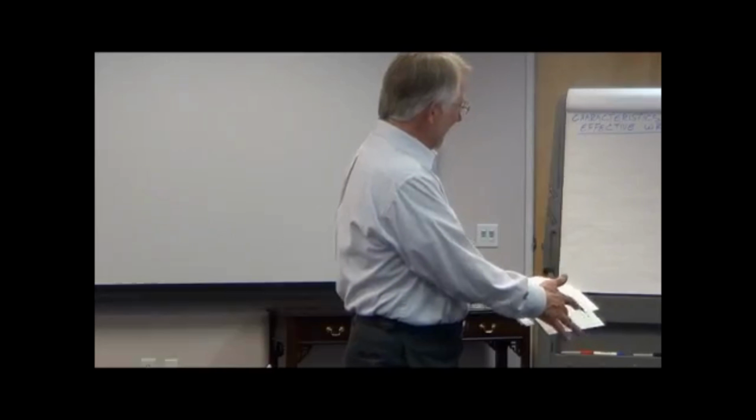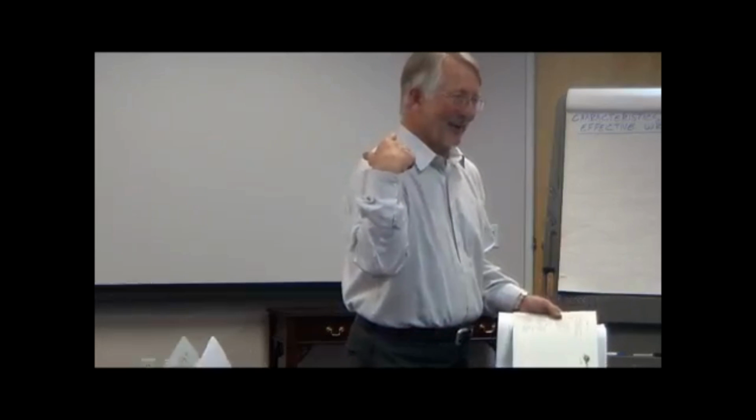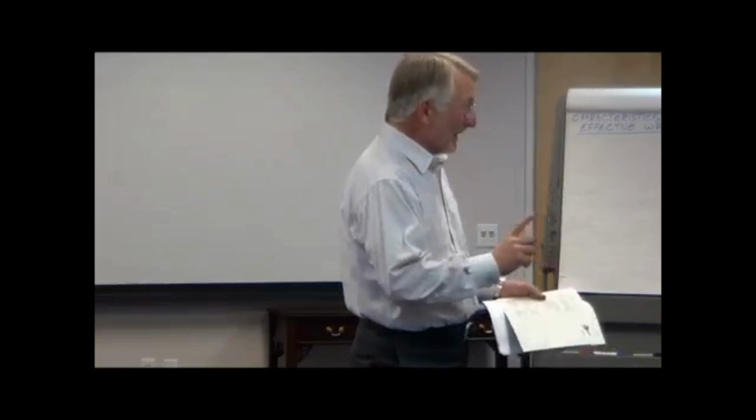On the right-hand side, the key ideas. This is what I'd like you to pay attention to. When we're having a discussion and you think, oh, that's a good idea, I want to remember that, write it down on this key ideas page. One of the things that happens when you go to training is you get this binder, you put all kinds of notes in the binder, you go back to your desk and you never look at it again. So what I'd like you to do is create a summary